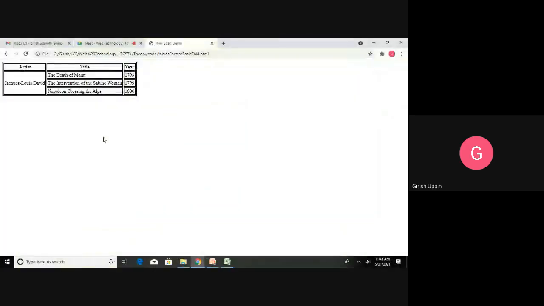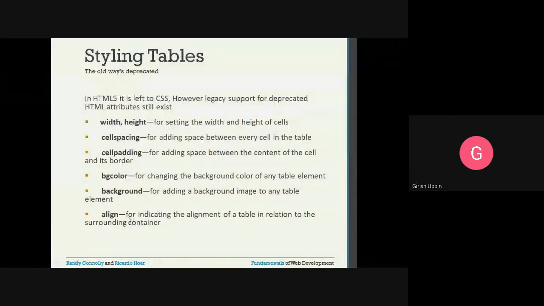Right now, since the space is squeezed, we will not be able to see what kind of alignment is here. If you want to specify alignment, you can do that: left aligned, right aligned, or center aligned. Those alignments you can set using the align attribute.